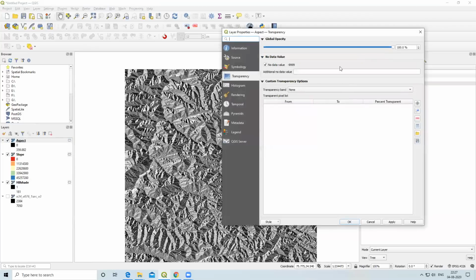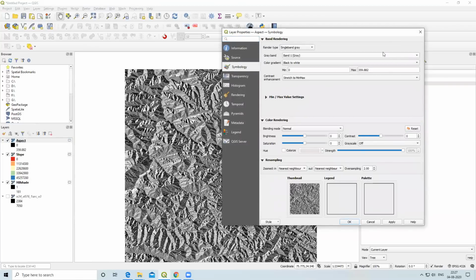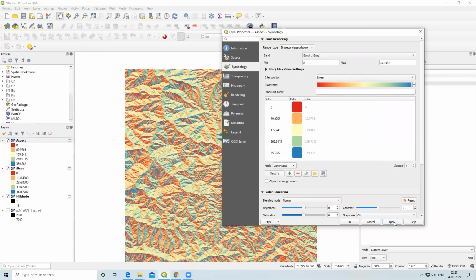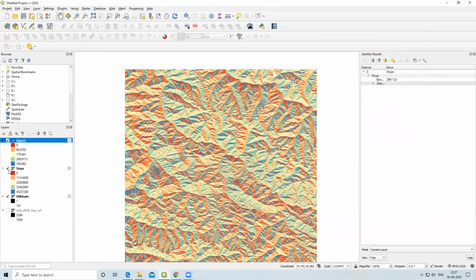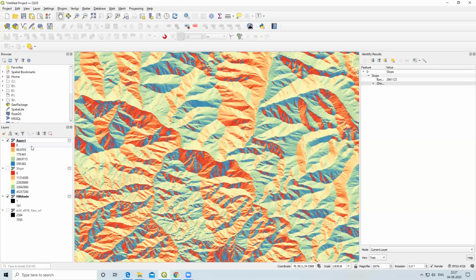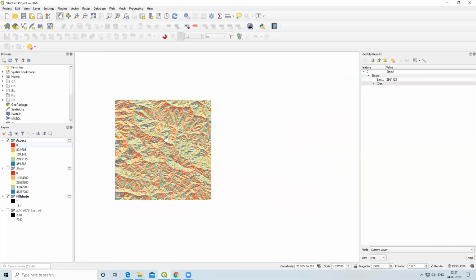So I will right click, symbology, and single pseudo color. You choose your favorite color. Classify, apply and OK. So here you can see the number 089.98 is showing. So 0 and 360 mostly indicate a north slope. Then 90 indicates mostly an east slope, near about 90. 180 indicates mostly a south slope and 270 indicates a west slope.